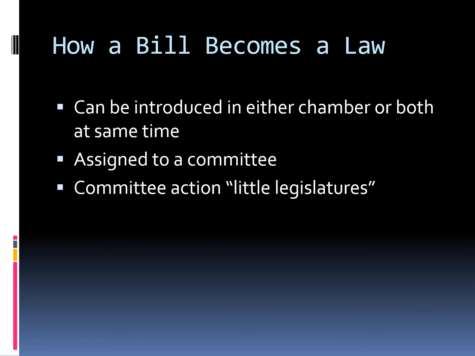Alright, so let's go through the process of how a bill becomes a law then. In Texas, a bill can be introduced in either chamber or both chambers at the same time. It can be introduced in the House or it can be introduced in the Senate or both at the same time. Once it's introduced, it's assigned to a committee. And being assigned to a committee depends on whether or not they want that particular bill to pass. It goes into these subcommittees or the little legislatures for committee action where they actually do the work. They will rewrite the bill. They will take testimony, add sections to the bill, delete sections from the bill. It'll report out of committee. If it does not report out of committee, the bill is killed. If it does report out of committee favorably,